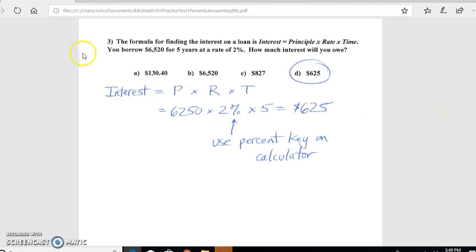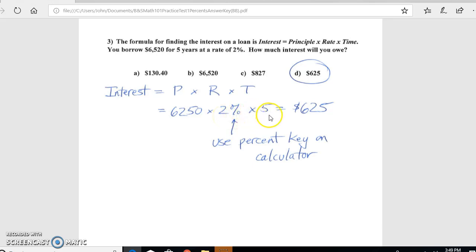And then we're told you borrow $6,250 for 5 years at a rate of 2%. How much interest will you owe? So here's our formula. The interest is equal to the principal, which is the amount we borrowed, $6,250, times 2%